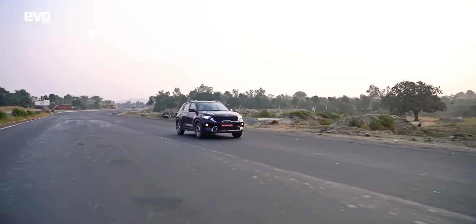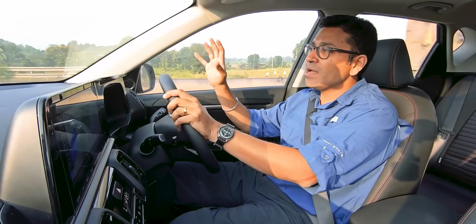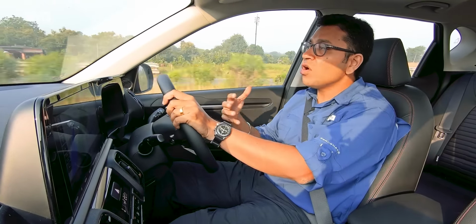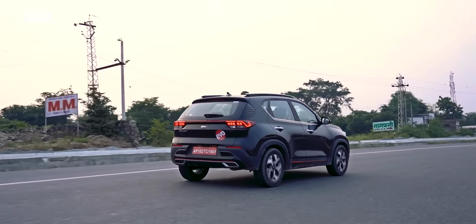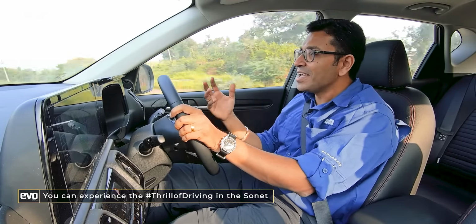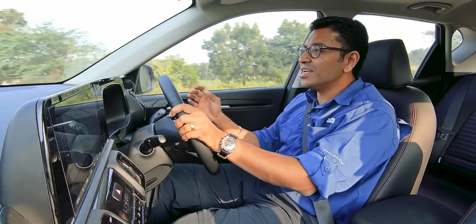This is a sophisticated gearbox, which is basically the same spec as what you would see in a Seltos. So Seltos spec powertrain now in the Sonet, in a compact SUV. You never got this specification in a small little car like this. And that makes it really enthusiastic and really fun to drive. Step on it and this moves really well. Very energetic,